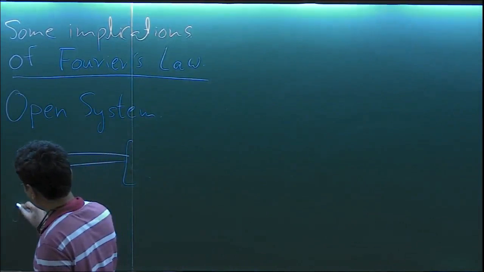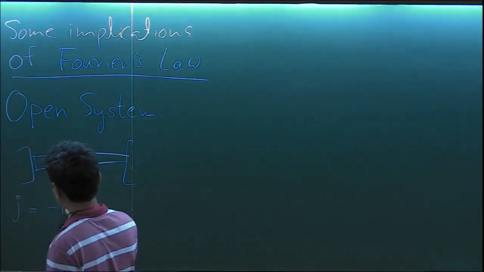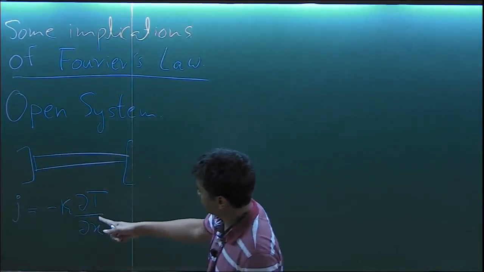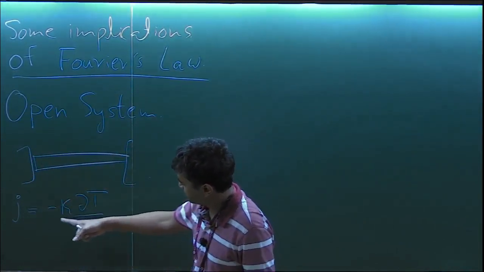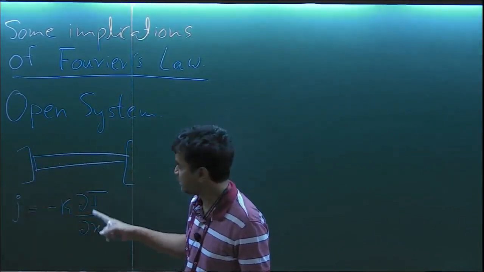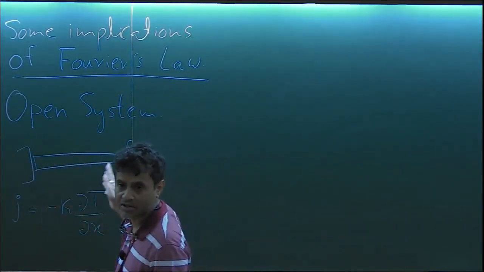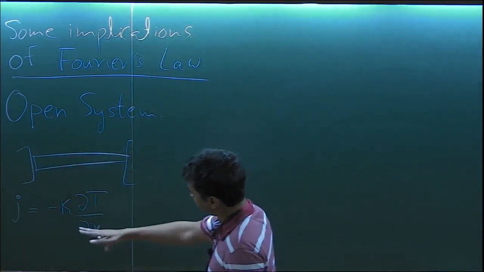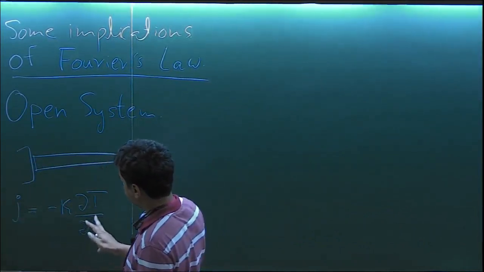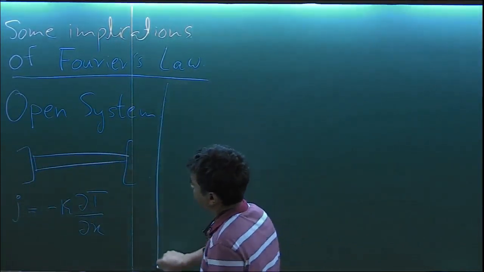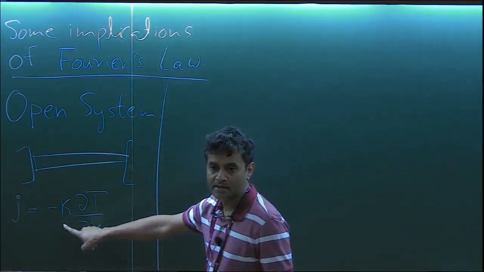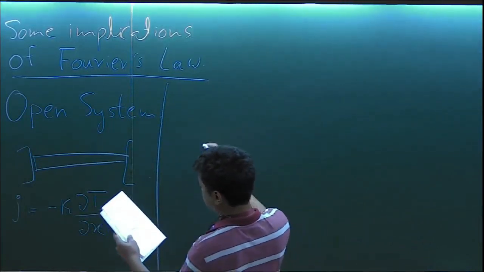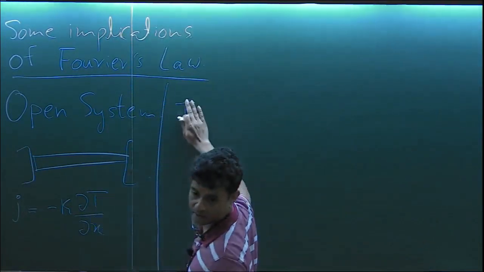So in the steady state, from Fourier's law, you can see that this current must be independent of position. The current has to be constant everywhere, right? The current here and the current here must be the same. So this is independent of x, and you can integrate this equation. And if I assume that kappa is independent of temperature, then the solution is just given by